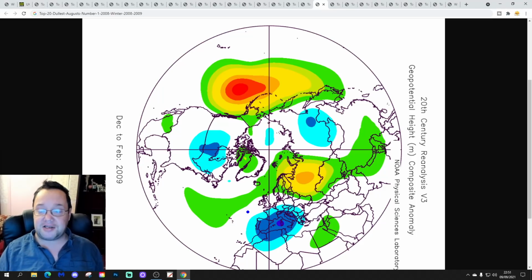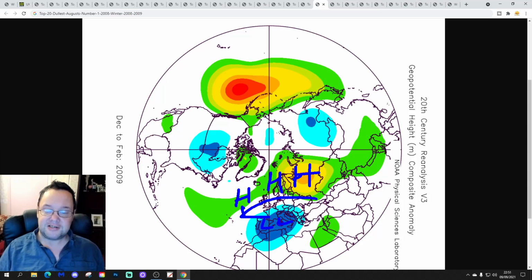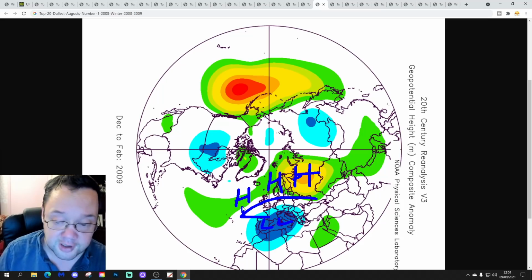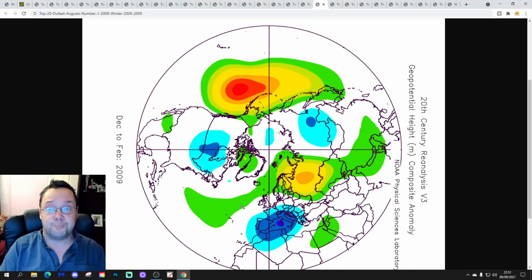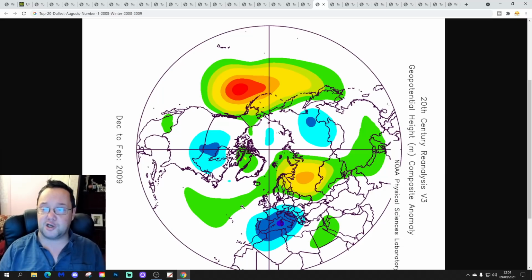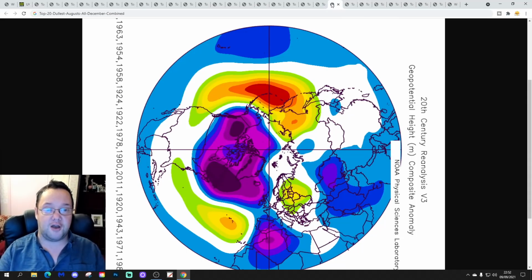The winter of 08-09 is a classic teaser winter with above average heights to our north, below average heights to our south, winds in from the east. It's not a particularly severely cold winter, but it's certainly colder compared to winters before, and it starts off the run of cold winters, and the following winter, of course, 09-10, is going to be much, much colder. But that one does have some cold and snow, especially focused on the first half of February 2009.